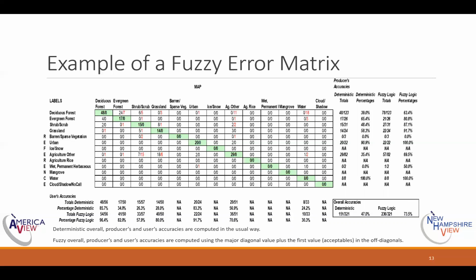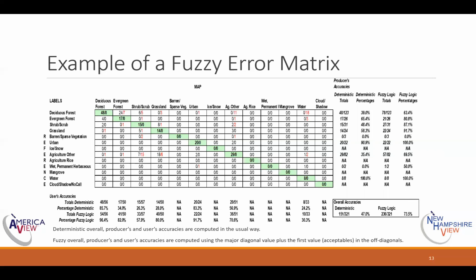Okay, the cool thing about this is that you can still calculate the traditional statistics, the traditional overall accuracy, producers and users accuracy. You just use the major diagonal and divide by the row or column total, depending on whether you're talking about producer or user accuracy, or just sum the major diagonal and divide by the total. So we call those the deterministic accuracies now. And then you can also calculate fuzzy accuracy. Okay, what do you do with fuzzy accuracy? Well, with fuzzy